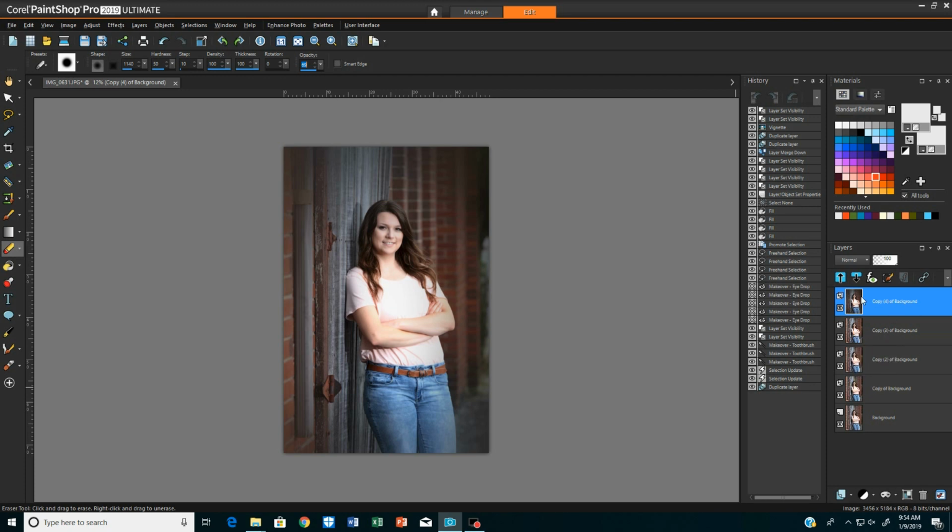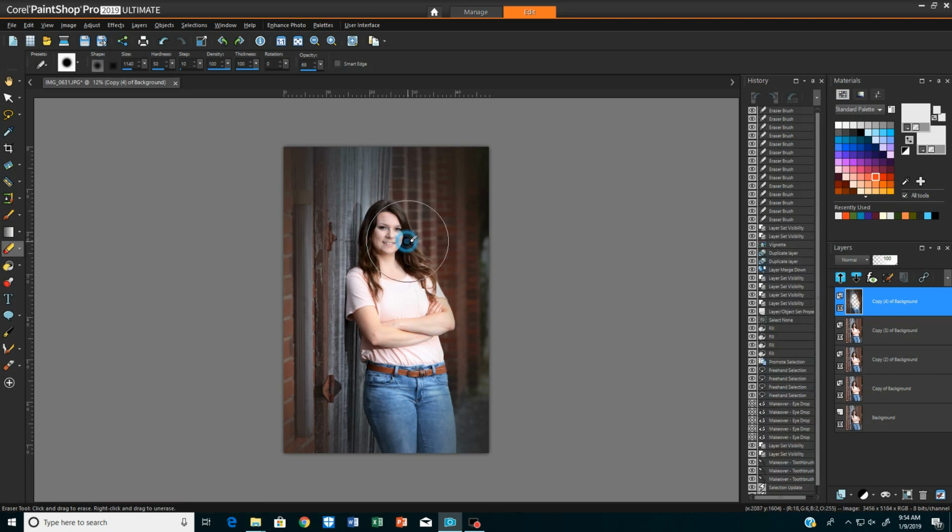So on this active layer, let's go right over top of Annie with our eraser tool. And when we left click, we begin to erase. And watch what happens immediately. Left click, I'm clicking. Every time I stop, I'm clicking. Can you see that? So Annie is coming back into the picture. So now we have a sharp Annie. We have vignette around Annie. And I like the way that looks.